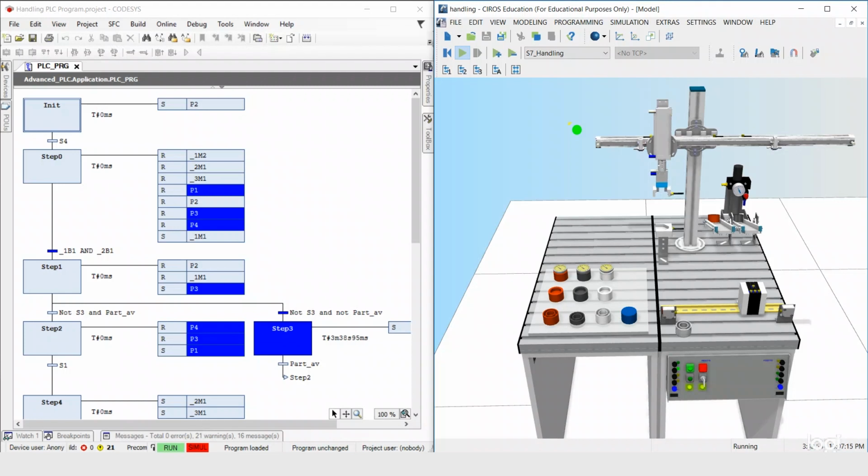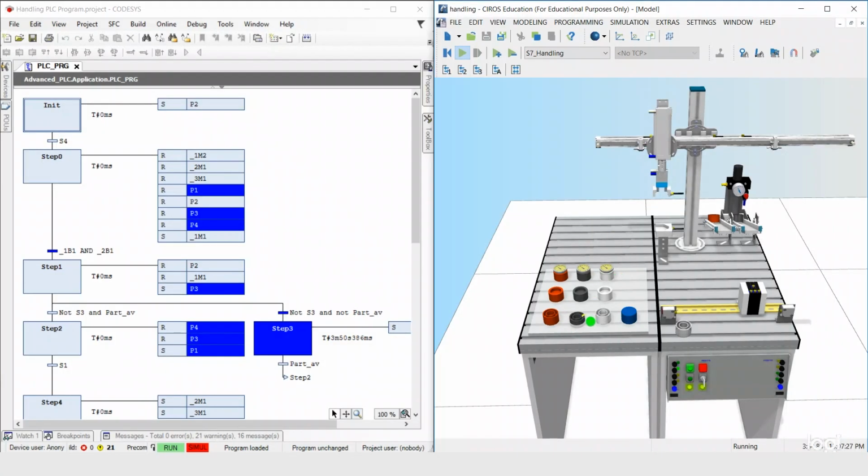Let us look at how this handling station works. What I've demonstrated was a handling station with a distribution magazine or module. In my case, I'm not using distribution module, but I'm using a table here which has different parts that I'm going to put on the platform for part available on the handling station, so that the handling station will sort